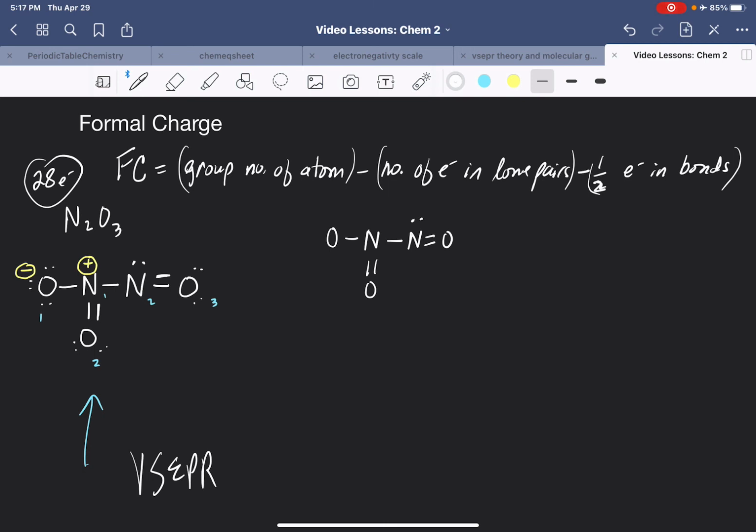And then you have this here. So I'm going to leave the other lone pairs off just for a second while I'm talking about this. If we look at just this part here, we know that if we had just this right here, there would be these electrons